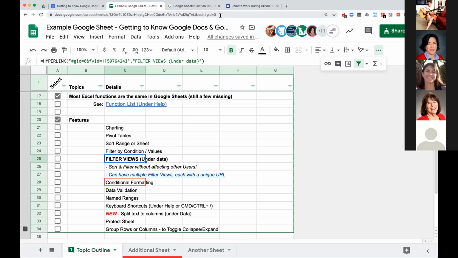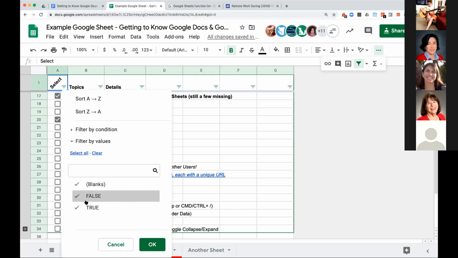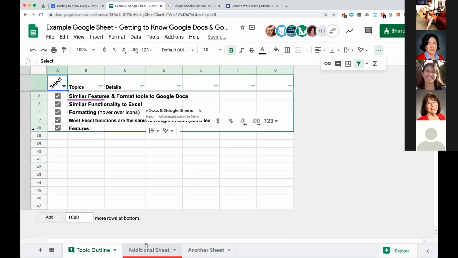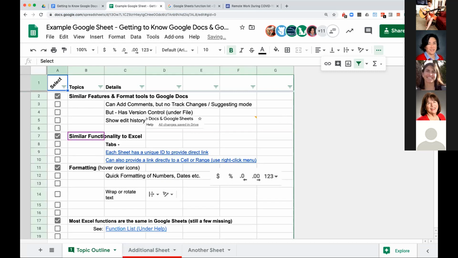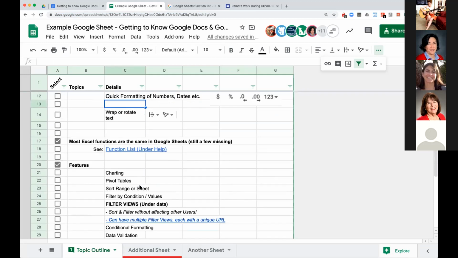You do have this URL here that is for the document. And if someone else wants to be in the document and I come over here and I say, I just want to see this list, somebody else comes in the document and that's what they're going to see. So in order to deal with that, there's this function called filter views.